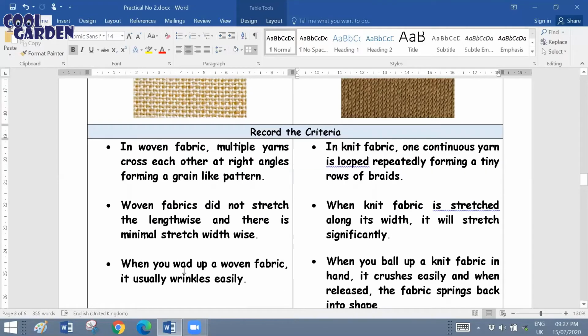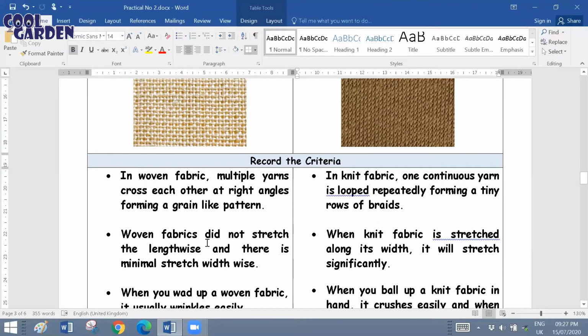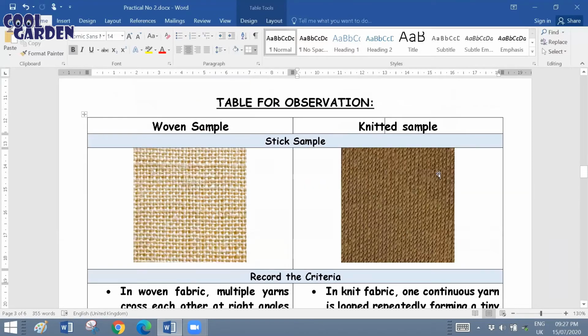Then when you wad up a woven fabric, it usually wrinkles. It's like, when you try to make a ball of this woven fabric, and when you squeeze it and release it, you'll notice that there are wrinkles on the fabric. So that is regarding the woven sample. For the knitted sample,